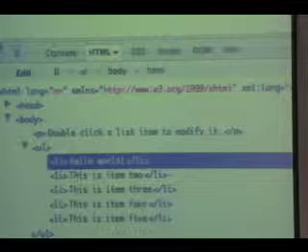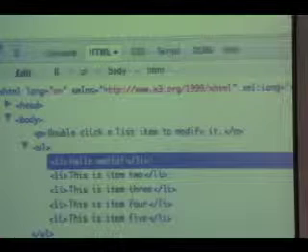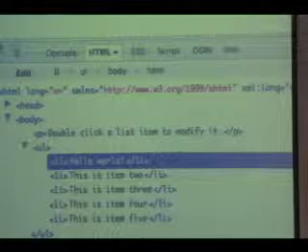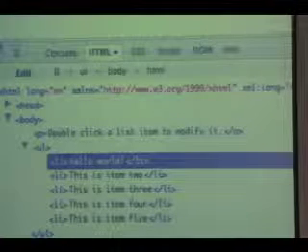Okay, and you can see I've actually modified the DOM itself. So this is, if you don't know what the DOM is, you can see this is where we're starting to work with it. It's a programmatic representation of the HTML, and I'm manipulating it with JavaScript. jQuery is really good at that.